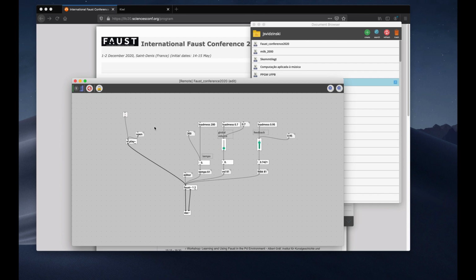Okay, that was just an introduction to how we can patch in Kiwi with Faust, and from now we can do everything we want. Just a last piece of information about it. Don't hesitate to record what you do. So we can make a recorder here